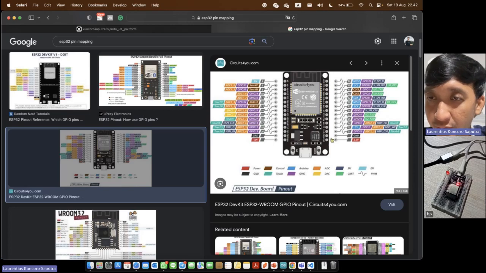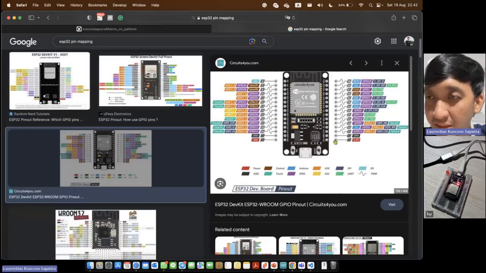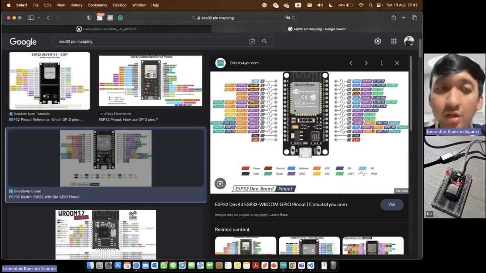D4 is connected to GPIO4, so we can directly write the GPIO number, which is 4. The built-in LED is connected to D2. Where is D2? This one, D2 with GPIO2.